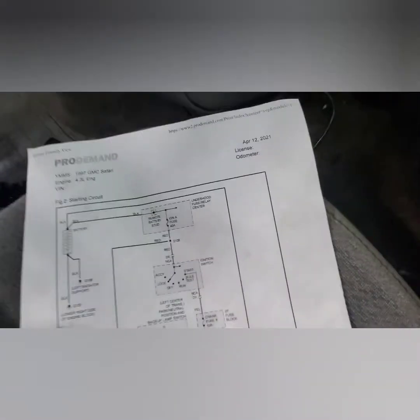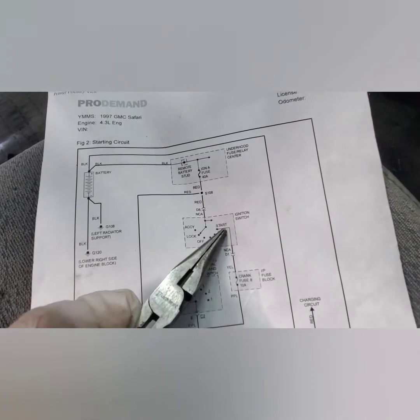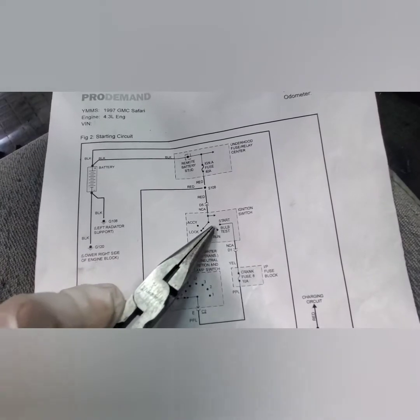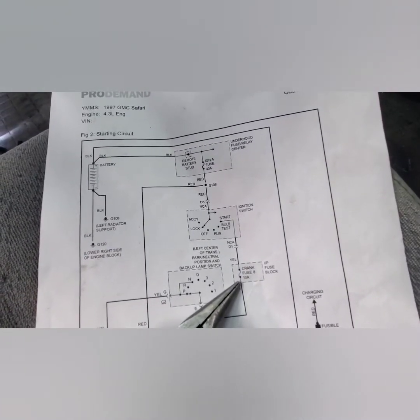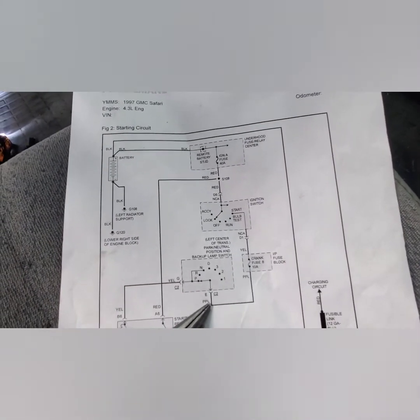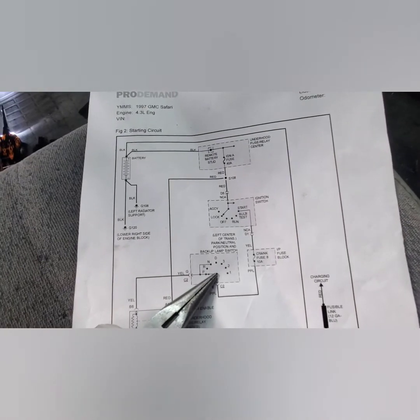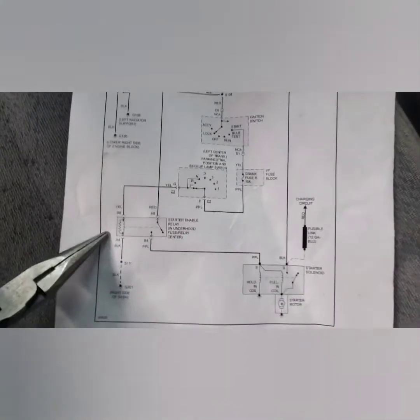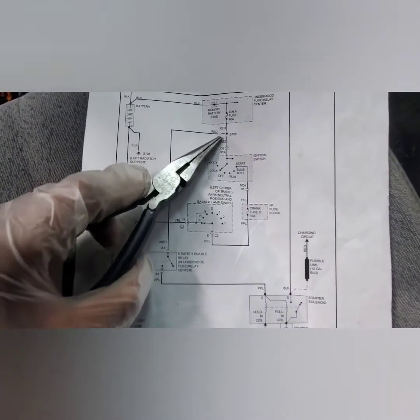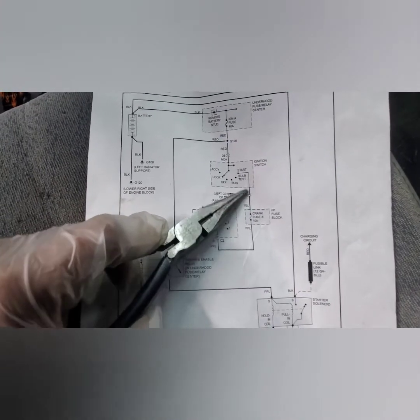So when I turn this key, based on the diagram, when I turn this key and it's in the start position, the power from here should send power to this fuse, which is a 10 amp fuse, underneath the steering wheel, which would send the power all the way to the neutral safety switch, and then should transfer it to the relay, then to the starter. So I'm gonna turn the ignition on and see if the power is gonna be transferred to this